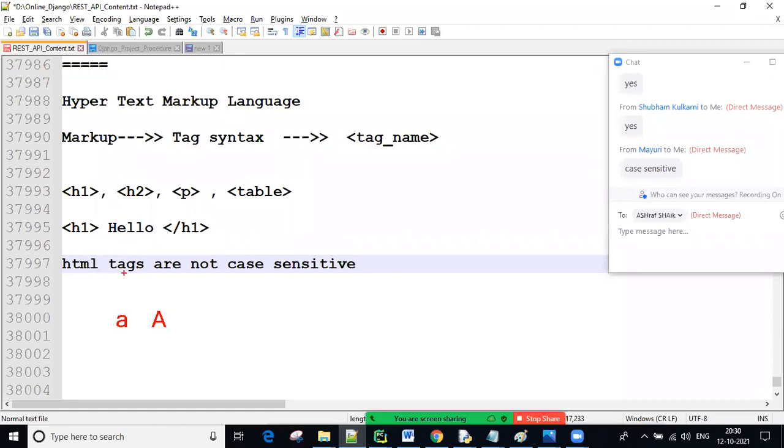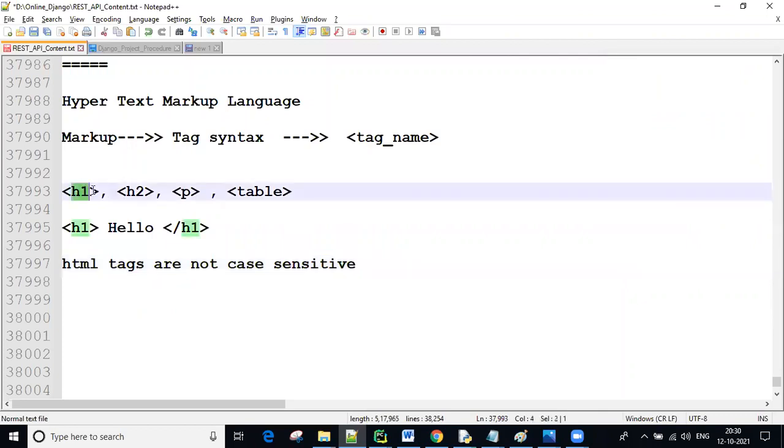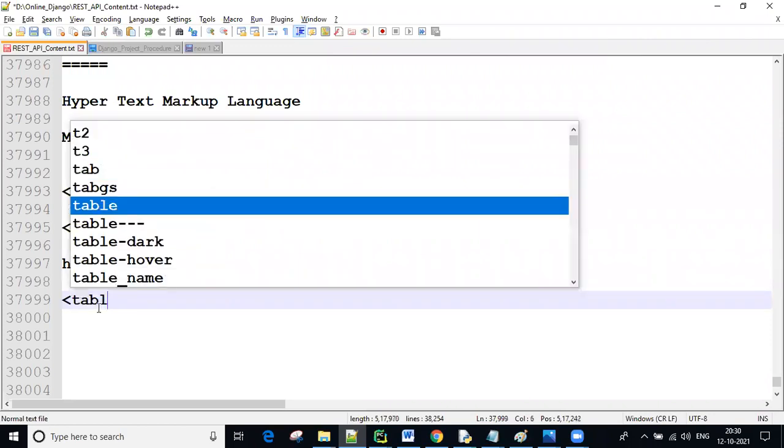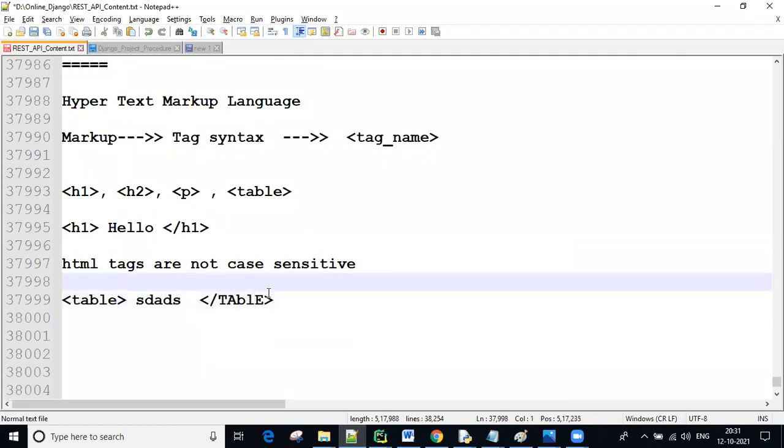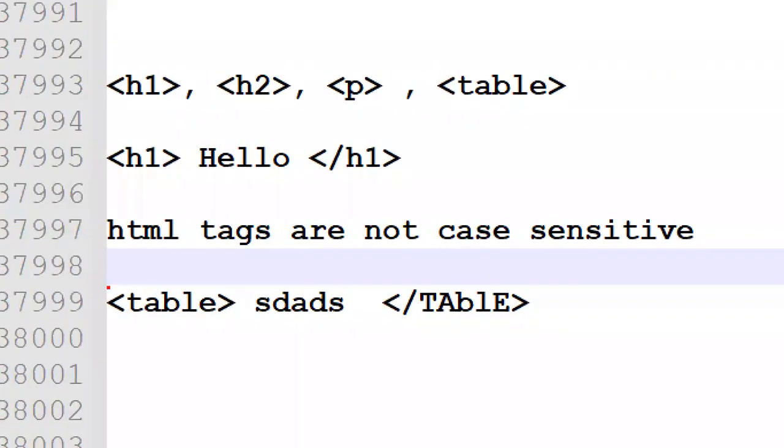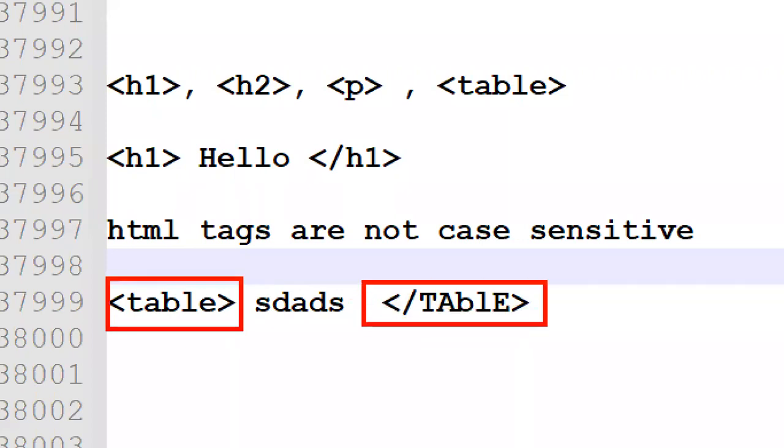But in HTML, both are equal. Small and uppercase letters are equal. That is not case sensitive. So, guys, here you can take an H1 tag, or a table tag. At the time of creating the table tag, I used small letters, and next you close it with capital letters, no problem. And if you want some letters small also, you can make it. That's all your wish. Any format you can take, it is the same one, not a different one.